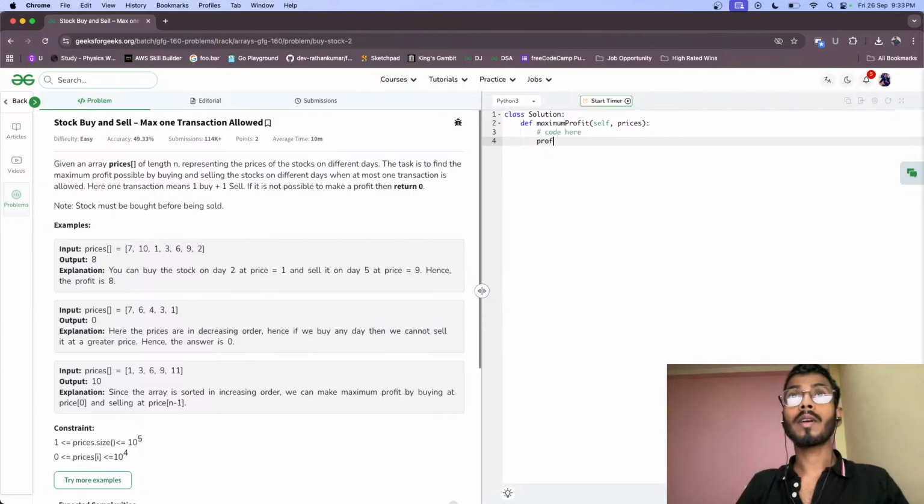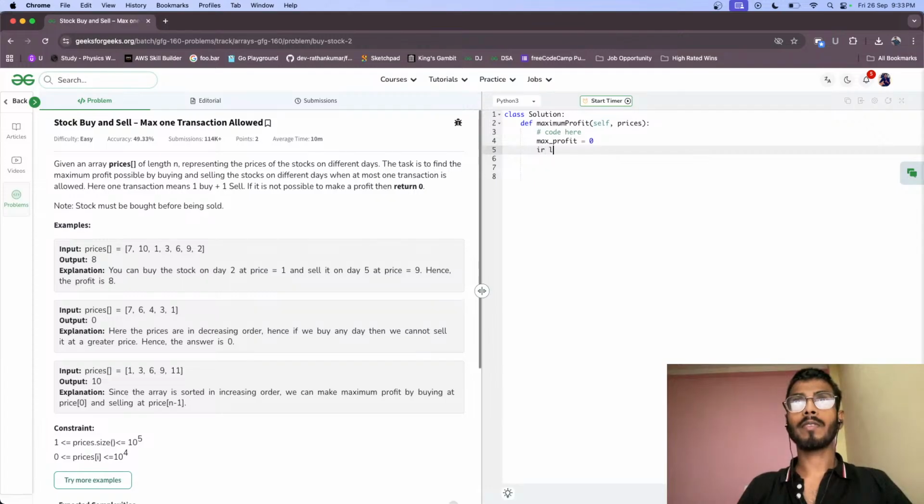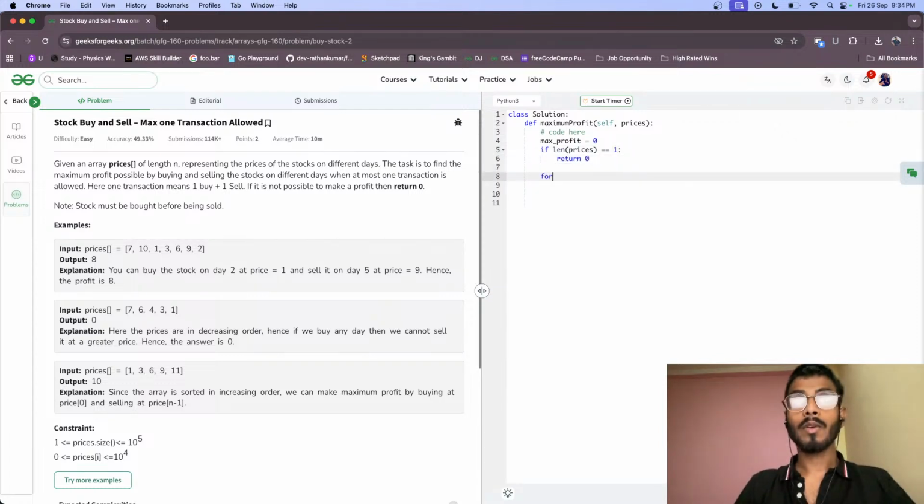Profit, next profit equal to 0. Okay, and same here: if len of prices is equal to 1, return 0. Okay, for i in range